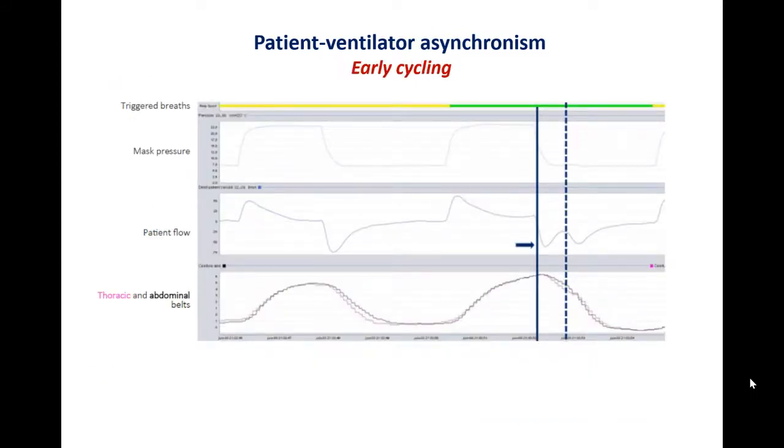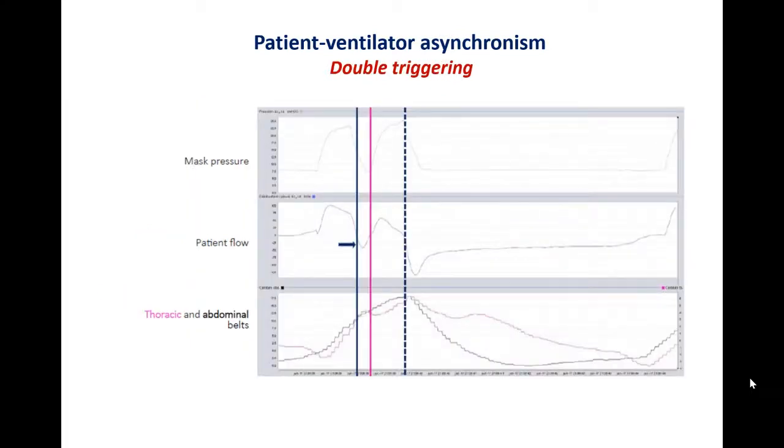Early cycling is a ventilator cycle. In this type of asynchrony, the ventilator cycle is shorter compared to the patient's desire, and you can see that. Double triggering is the case where one patient respiratory effort triggers two ventilator cycles, and sometimes the clinical meaning of that is that the patient is not enough ventilated, and the correction is to increase, of course,